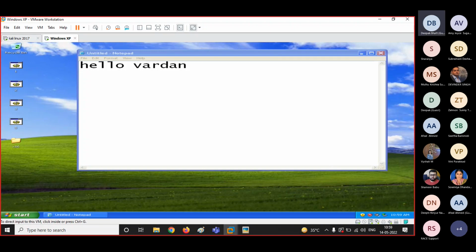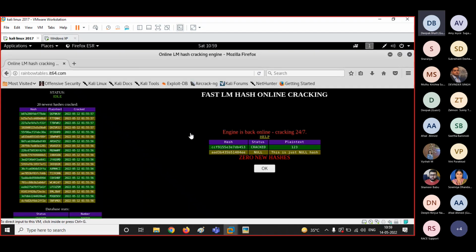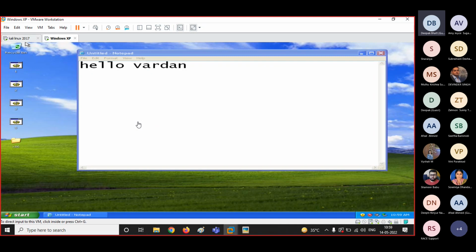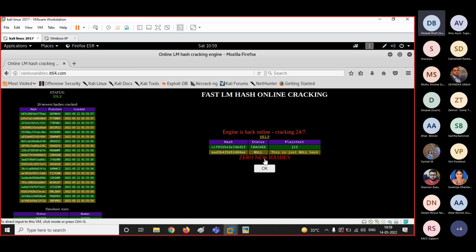Is this machine back? So what have you done now, guys? You have cracked the password of that target machine. Now you have the password also. This is another method. Am I clear? Yes, sir. All right. So this is how you will be cracking the passwords, guys, remotely, I'm talking about, right?